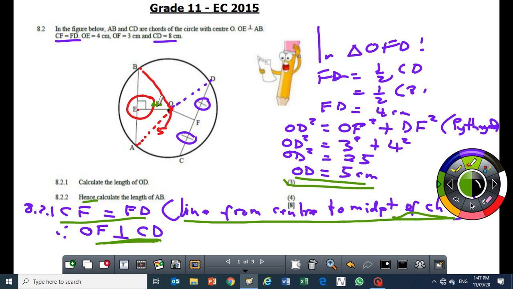Now that makes things very easy because it means this is 5, that's 4. So if I choose triangle AOE, I can get AE using the theorem of Pythagoras. So that's what I'm going to do. I'll get AE first. After getting AE, then I can get AB. The objective is to get AB. So the next step, which I'm going to do on the next page, is to say in triangle AOE,